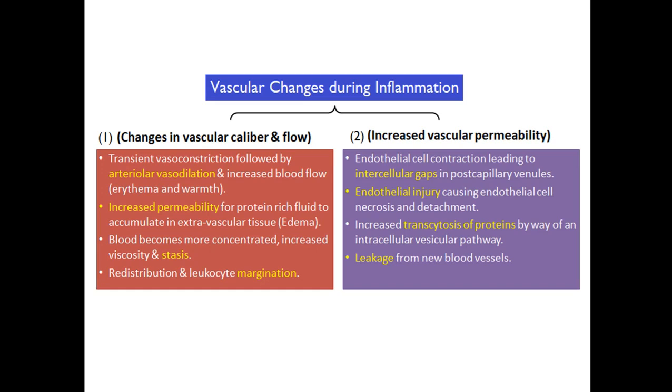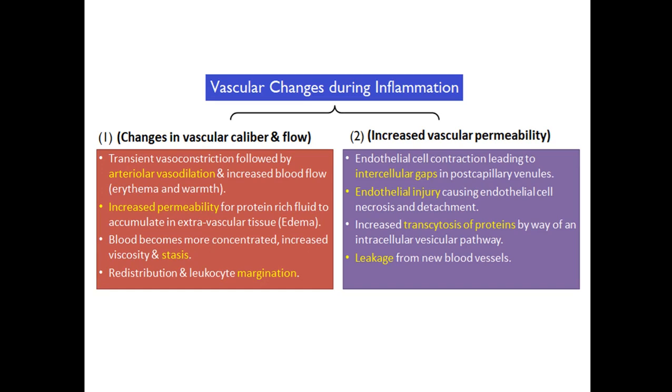In this situation, the fluid doesn't go through the interendothelial gaps, but goes through an intraendothelial process, entering the endothelial cells from the blood and leaving the endothelial cells on the extravascular side. So this is called the transcytosis of proteins, and this also accounts for the increased accumulation of exudate and fluid rich in